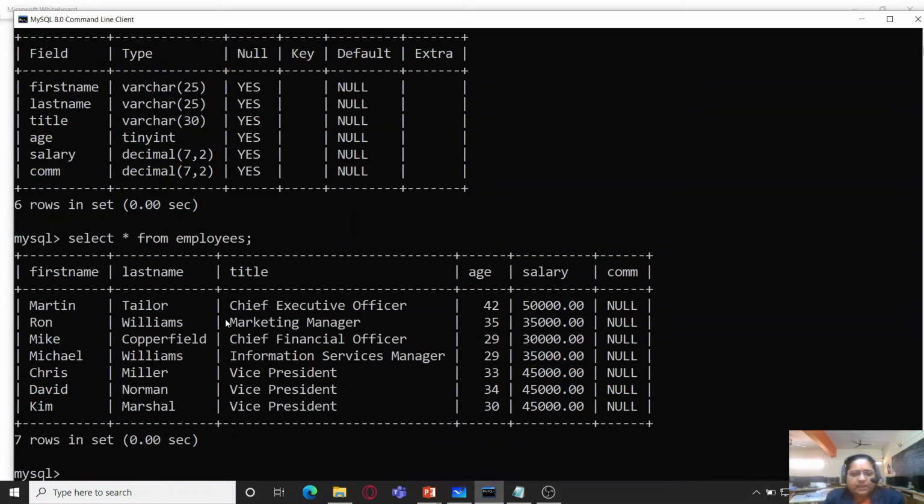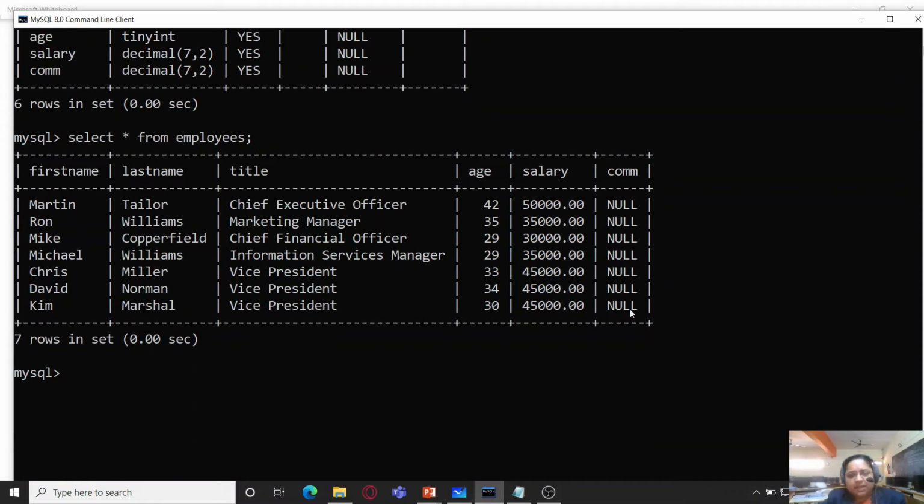But right now if you display the table, you will see that com contains null values because I have not provided any values for it. So I'm just going to provide the values for certain employees like marketing manager, chief financial officer, and information services manager.